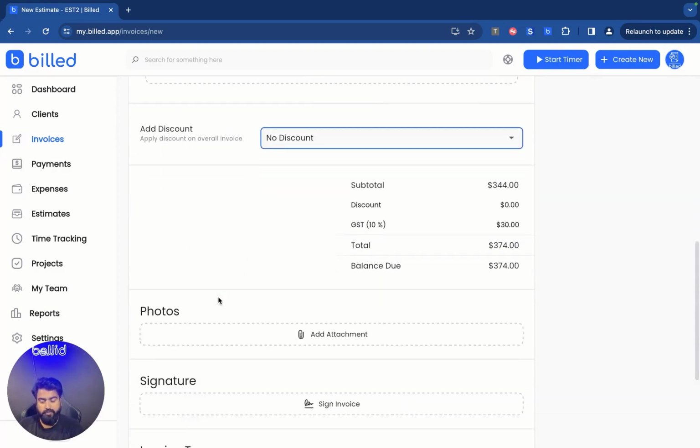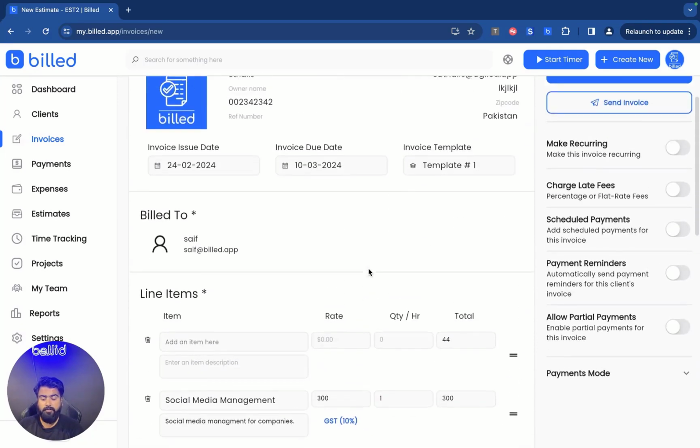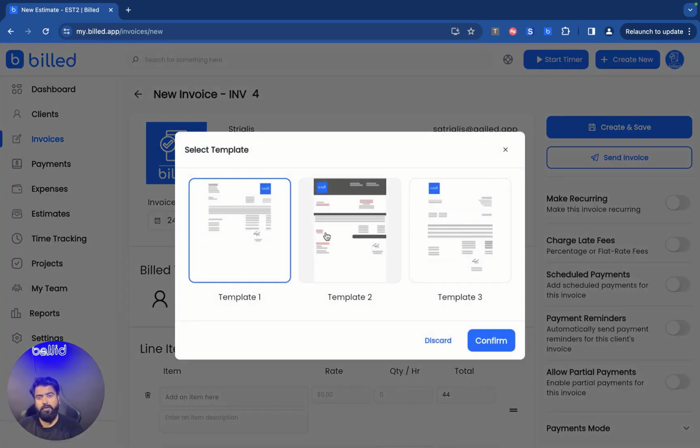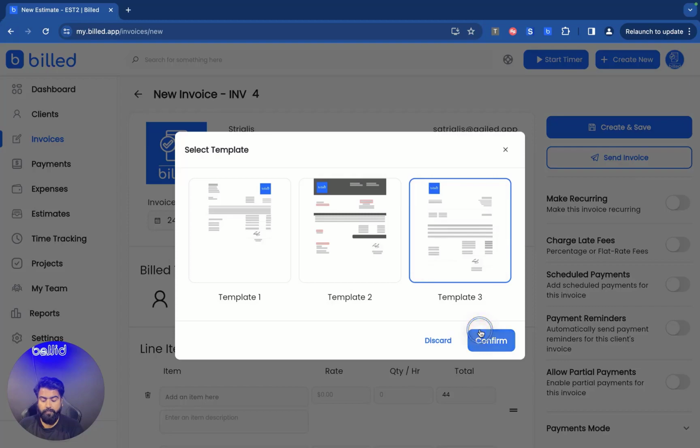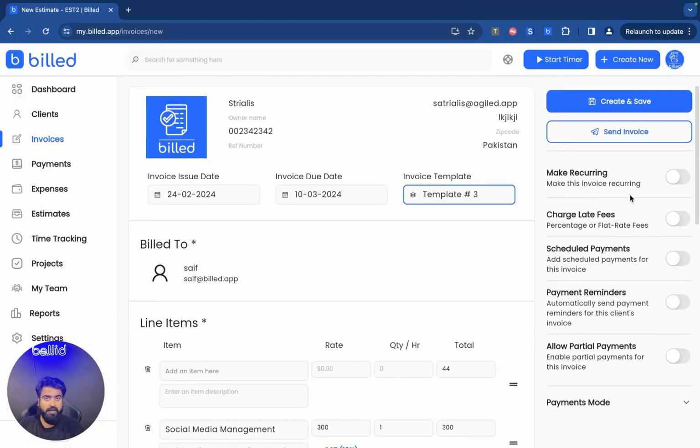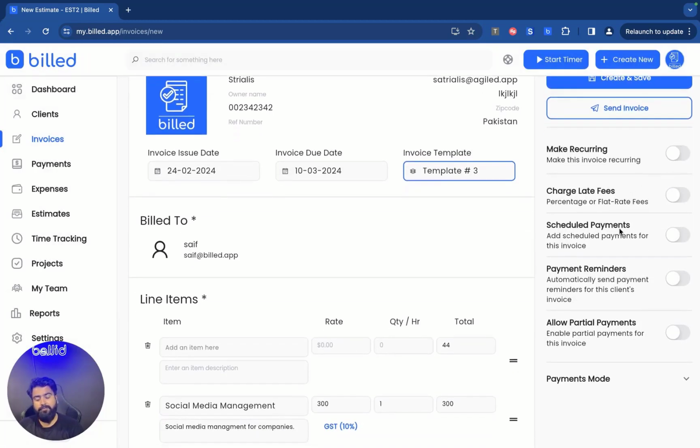You can attach photos if you want. You can add signatures, etc. And you can choose from different invoice templates from here. You can make the invoice recurring. You can charge late fees, add scheduled payments. You can set up automated payment reminders, and you can allow partial payments on this, and you can select the